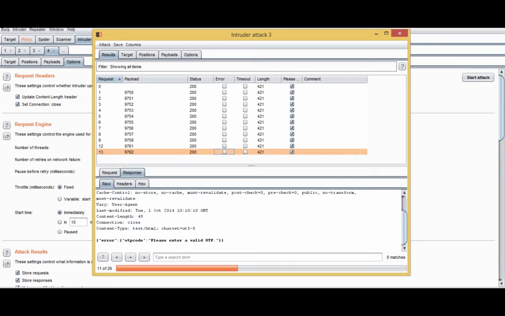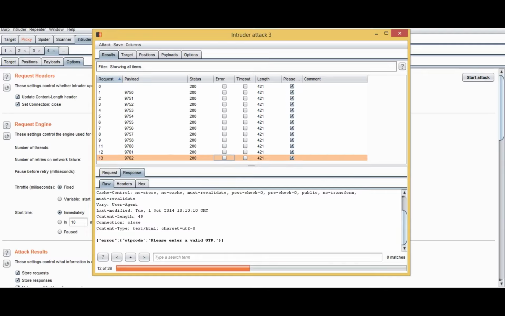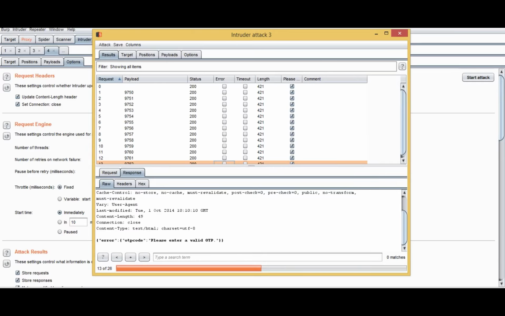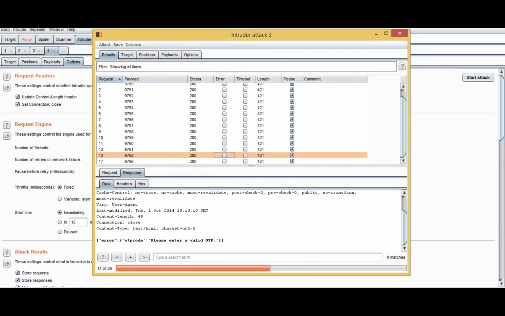As you can see, all the OTPs have the same response, that is please enter a valid OTP. The application is still trying for the OTPs and you can see there is one OTP which is missing this